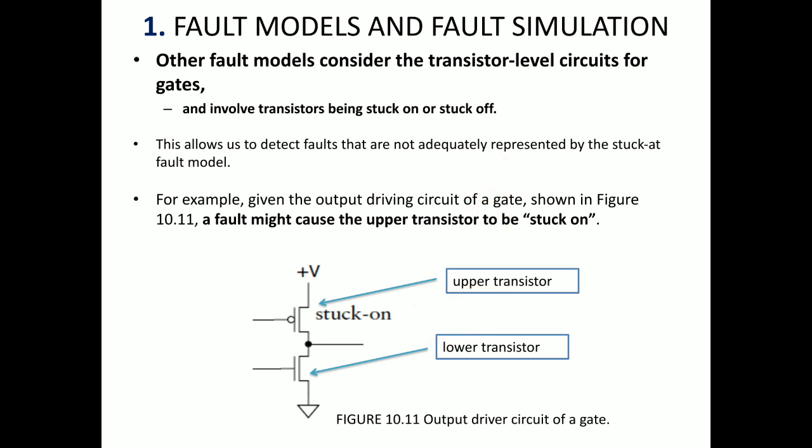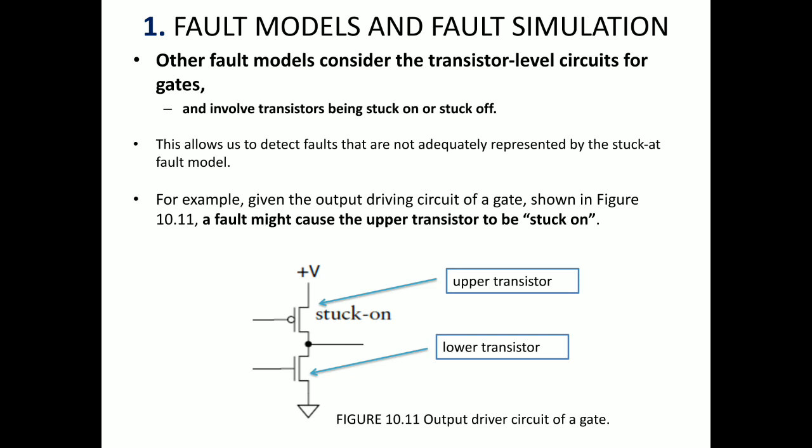This circuit is considered as the output driver of a gate, meaning it is a circuit which is driving another circuit. In this circuit the problem is that the PMOS remains turned on all the time. The PMOS transistor, the upper transistor, is turned on all the time. Instead of switching on and off, it remains on all the time. This behavior of the transistor being kept turned on all the time is called stuck-on. We will see what happens if the transistor is stuck on all the time. Earlier we saw stuck-at 0 and stuck-at 1.